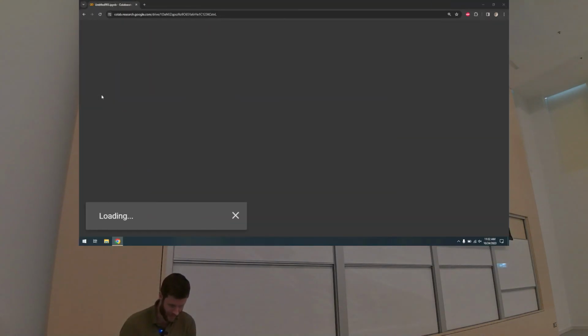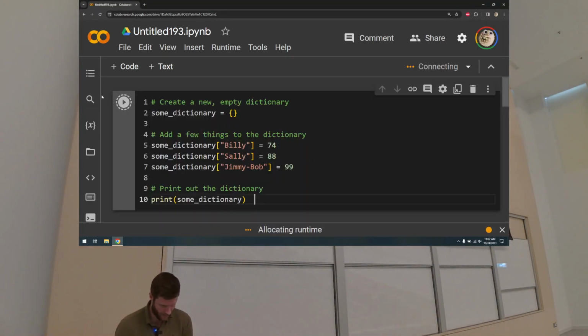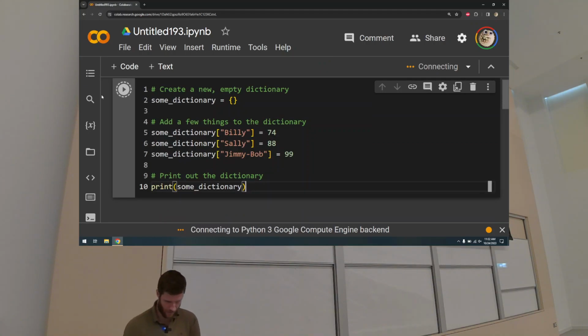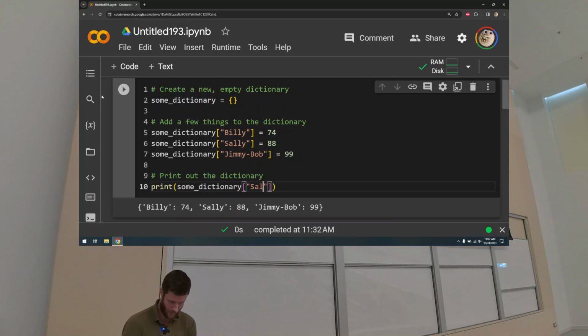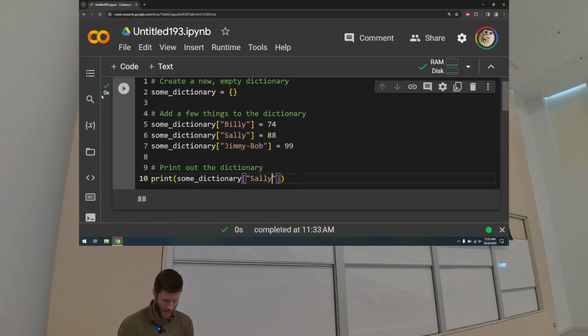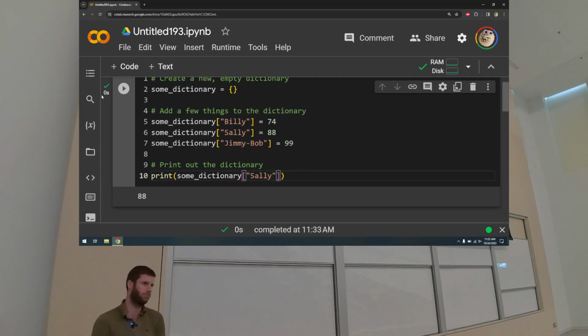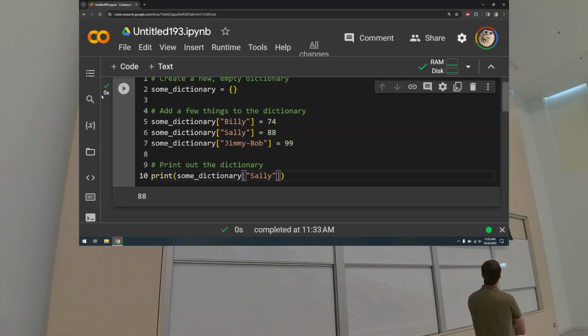Great. And now I can access those things from the dictionary by indexing the dictionary with the keys. So there's my dictionary. I'll print the whole thing out, but I can look at Sally. And I can get the specific value. Instead of indexing it with a number, I'm indexing it with a string here. But I can index it with other things. They don't have to be strings, but you know, with strings. And then I showed you the example of why this is handy,